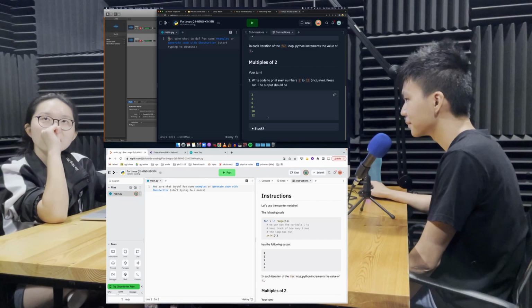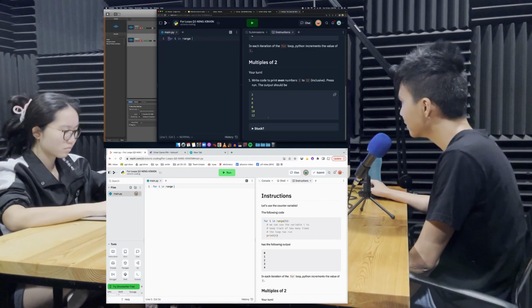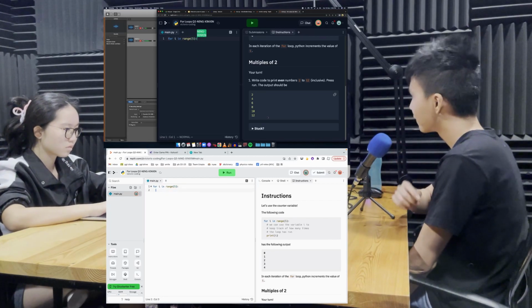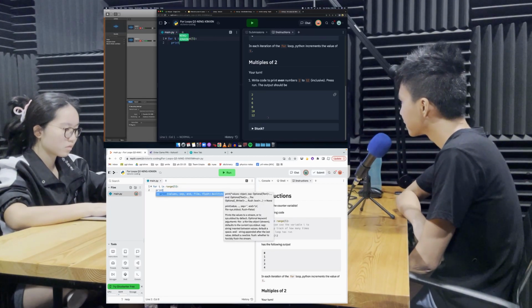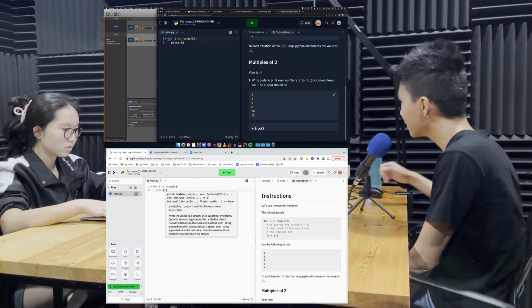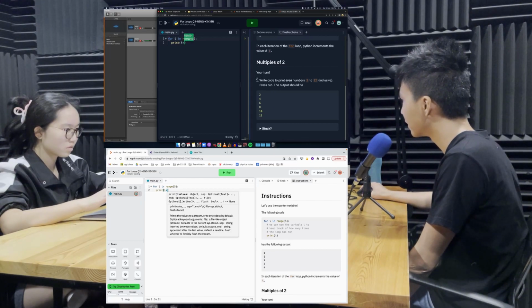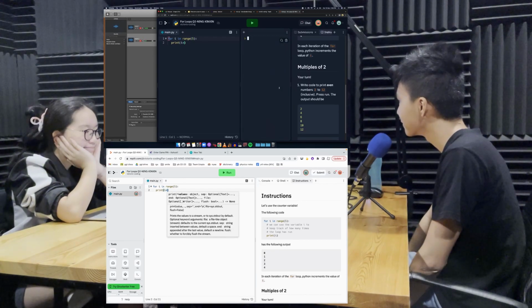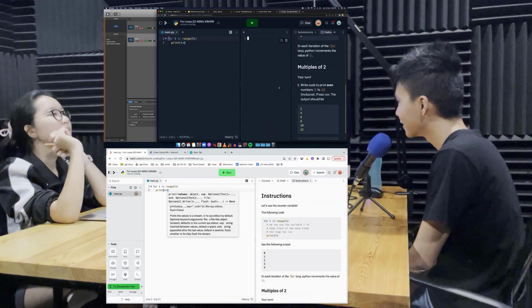Oh, wait. Yes, for i in range, so you need the round bracket and inside. Okay, 5, sure. Okay, print i. That's a good start. So how do we